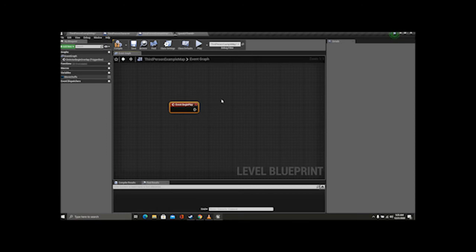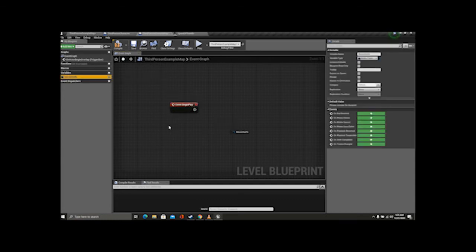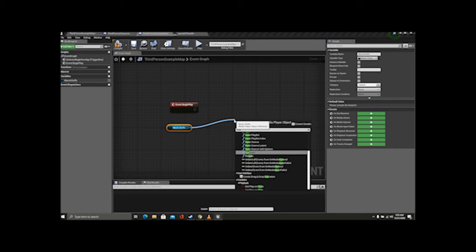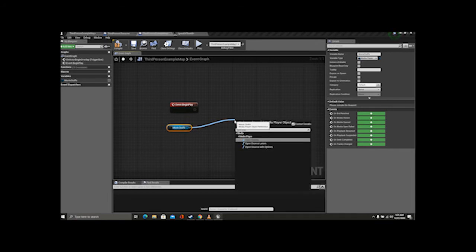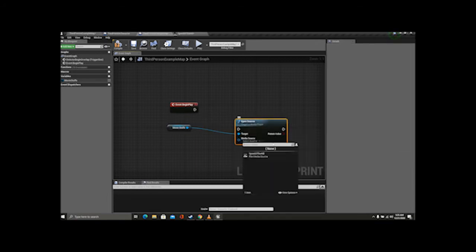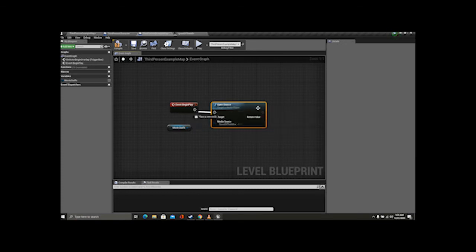Unless it's already on the field, then it won't actually show up again, because you can only have one begin play. That said, we take our movie stuffs variable, right? We type in open source. And under media source, it's going to be asking, okay, what's the source of the media? We have it right here. I called it Speed of the Hail, but it's Mammy's Magic Margarine. So we compile,